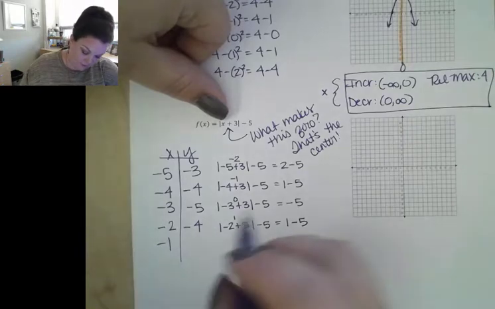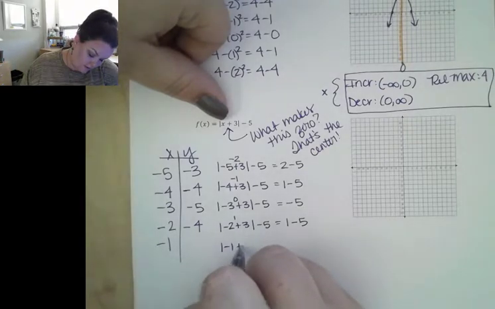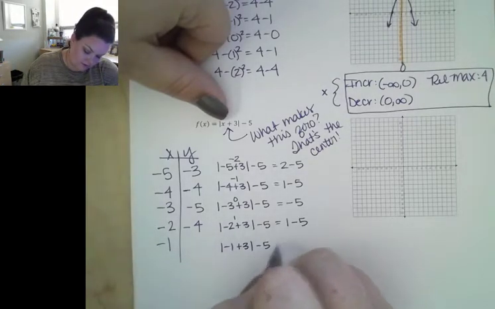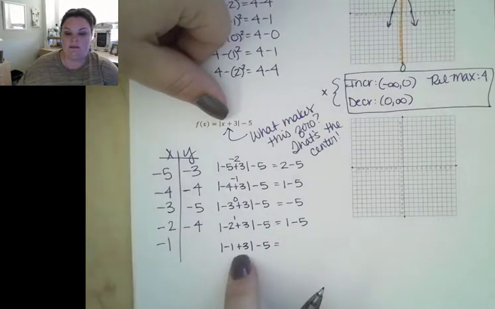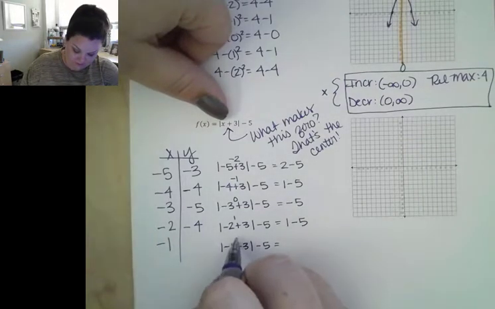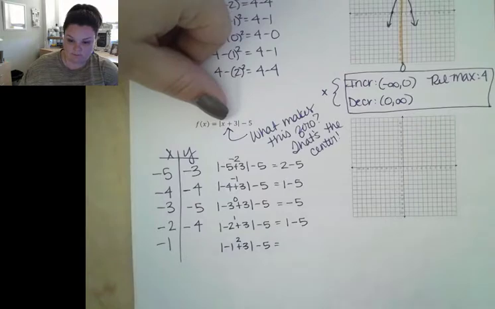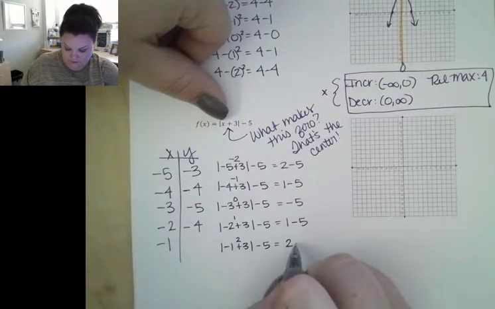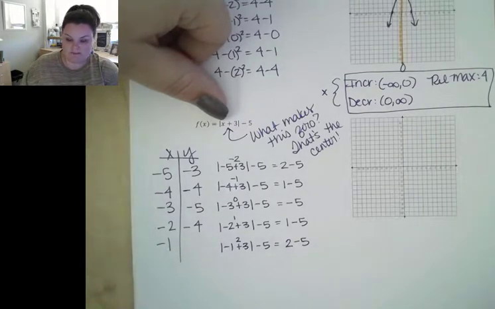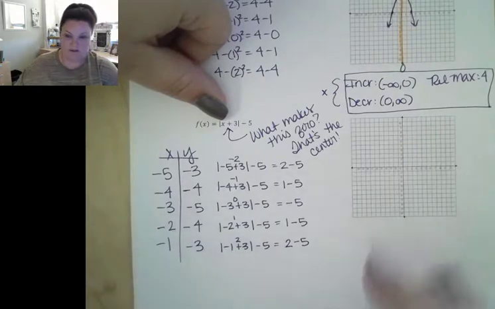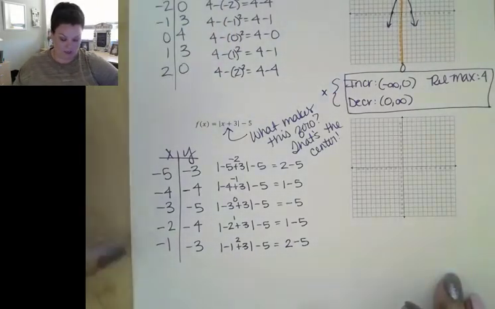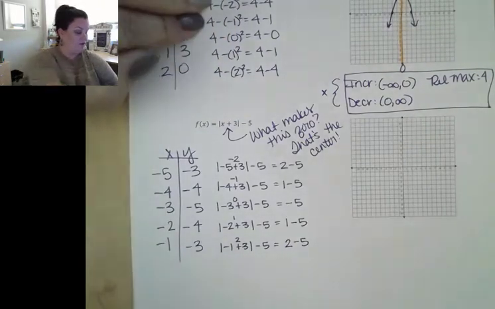And then my last value I'm plugging in is a -1. Absolute value of -1 plus 3, minus 5. -1 plus 3 is a +2. +2 comes out of the absolute value as a +2. And 2 minus 5 gives me a -3. So now we're going to go ahead and plot all these points and make sure that we get a nice